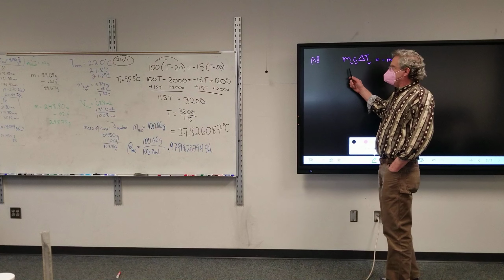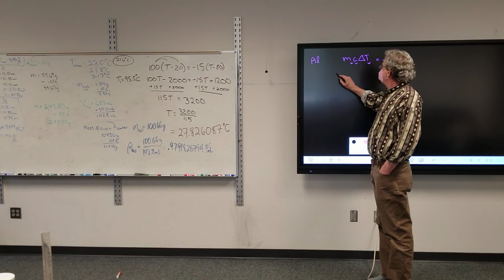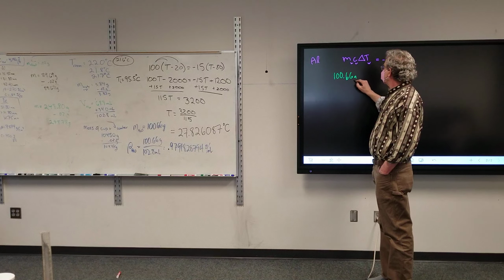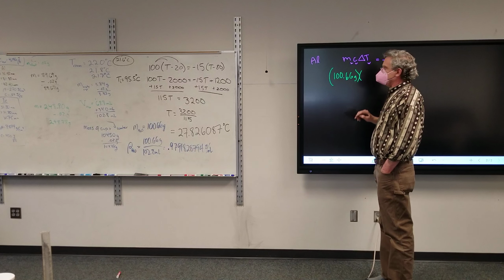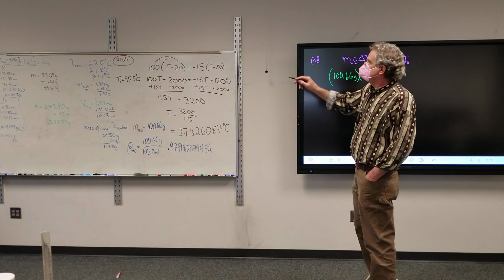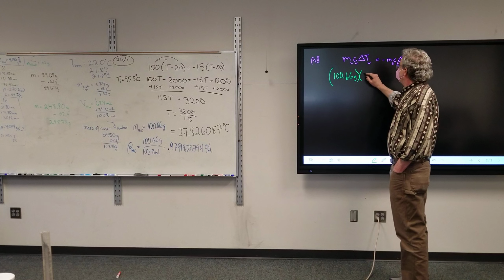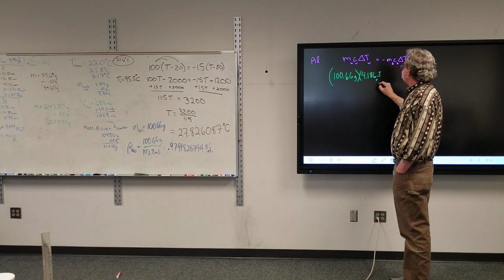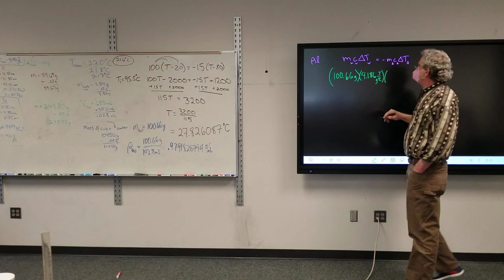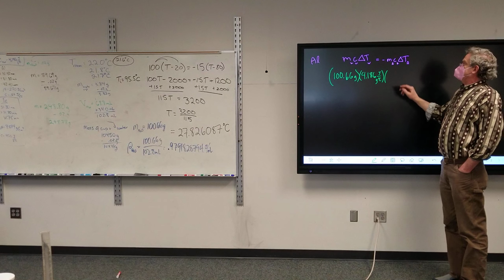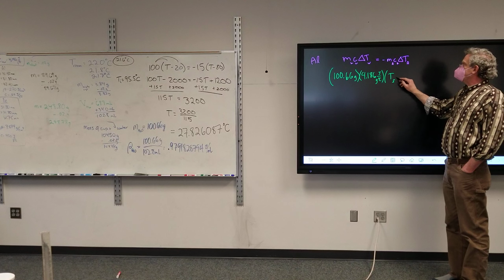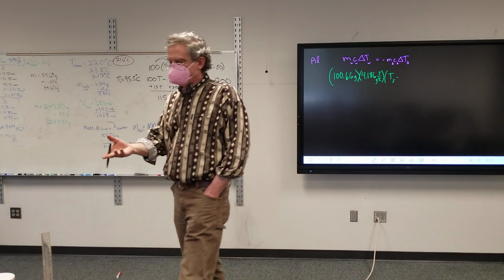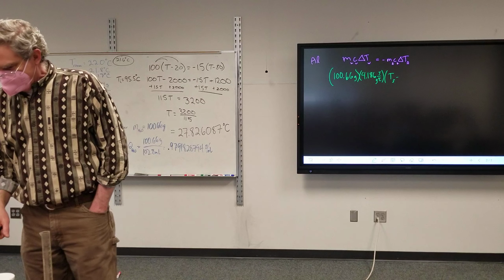All right, so the mass of the water, we had 100.66 grams, times the specific heat of water in joules, since that's what I have over there, 4.186 joules per gram degree Celsius, times the change in temperature, which is whatever our final temperature is, minus basically the room temperature. It's been sitting out for a bit, but